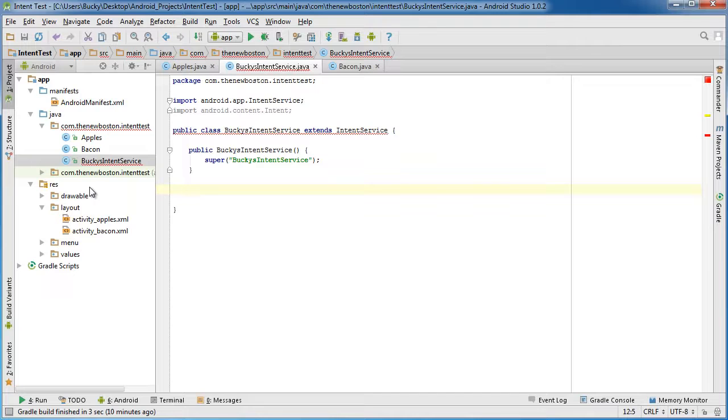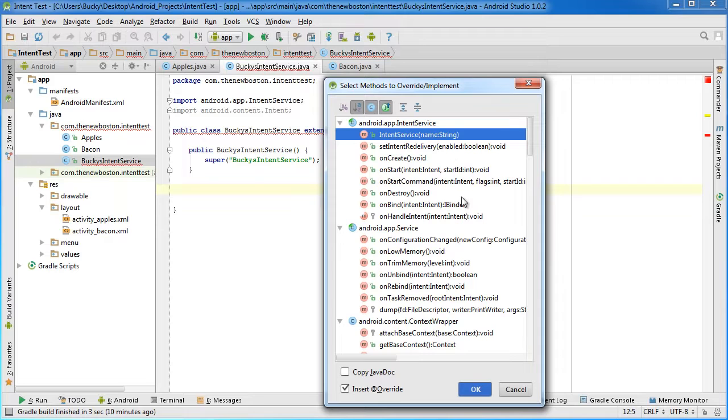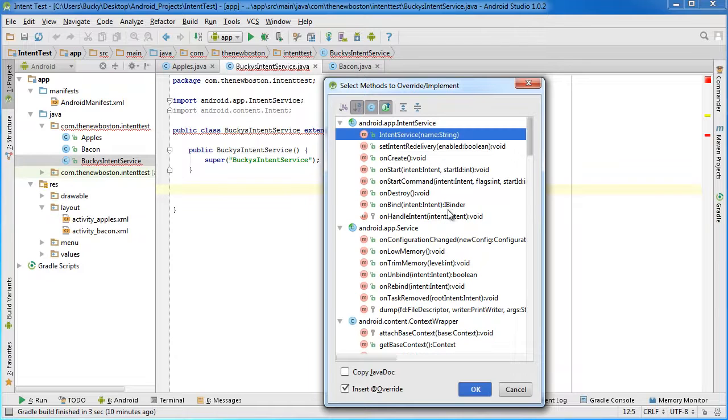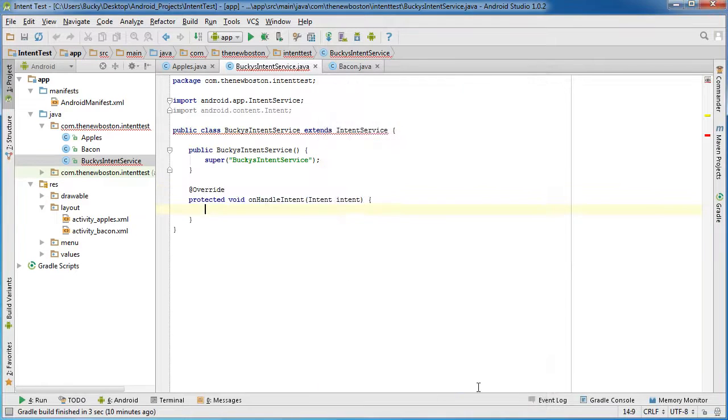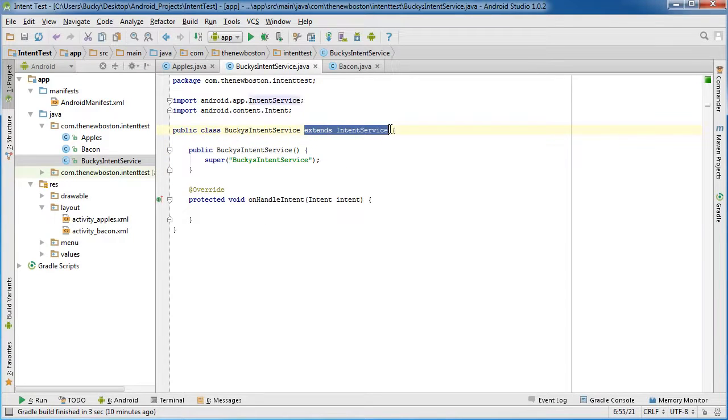Now the only other thing that we need to do is we need to put an override method in, and that is called, if I can find it, it's called onHandleIntent. If you guys see it, let me know. Oh, here it is, onHandleIntent. So again, this is just housekeeping stuff. This is saying that this is indeed an intent service or a service, and in here I'll just write like, this is what the service does. So this is pretty much the most important part. So for now, since we don't want this service to actually do anything, what I'm going to do is I'm just going to